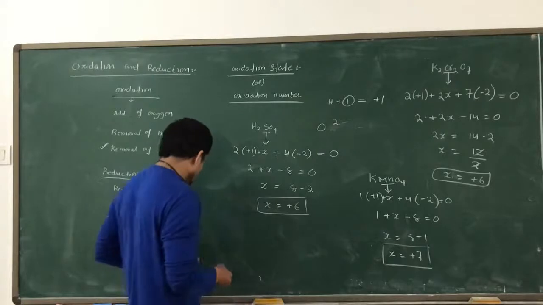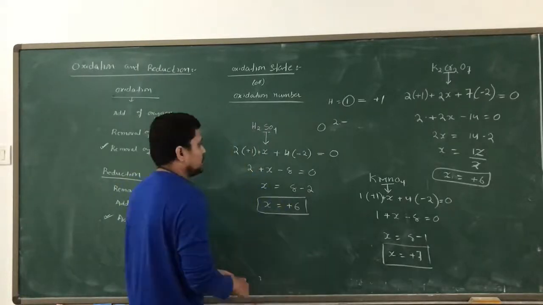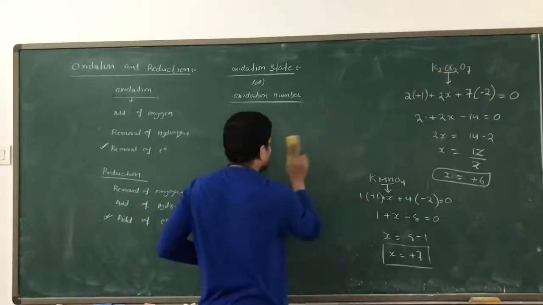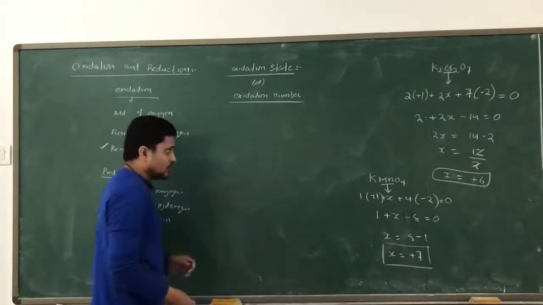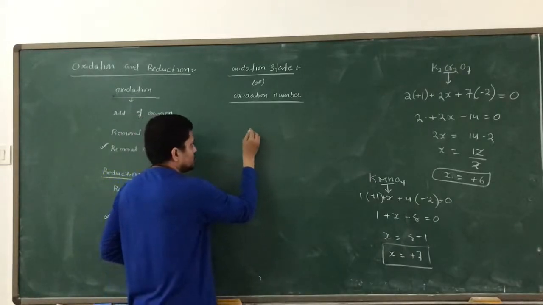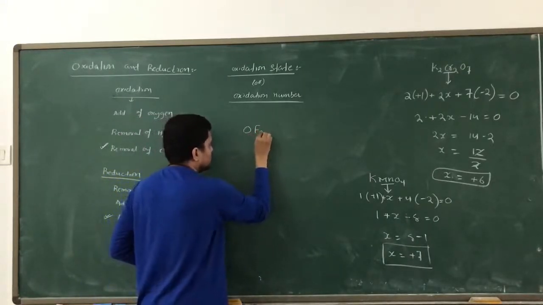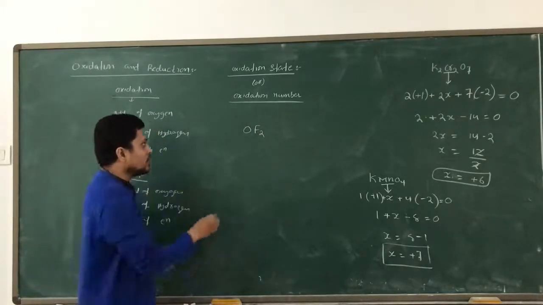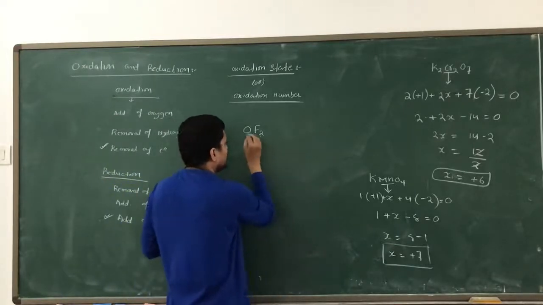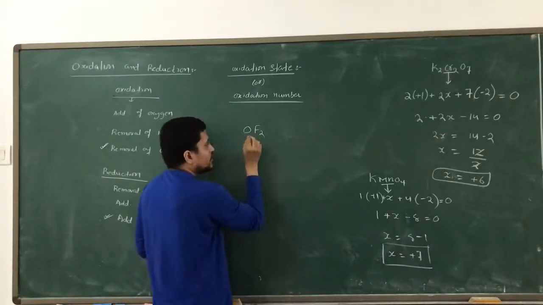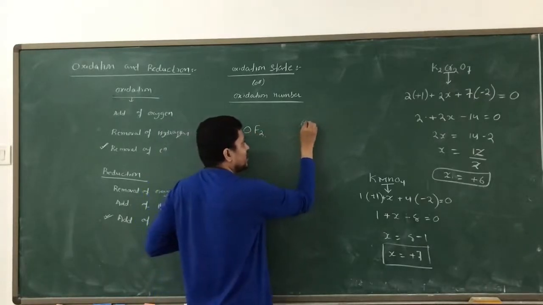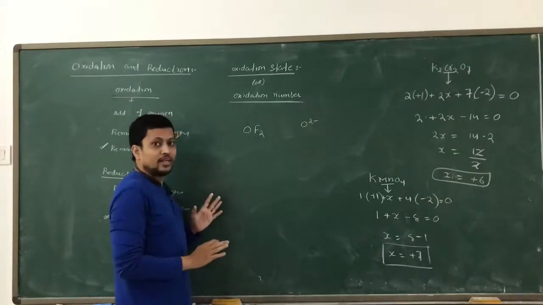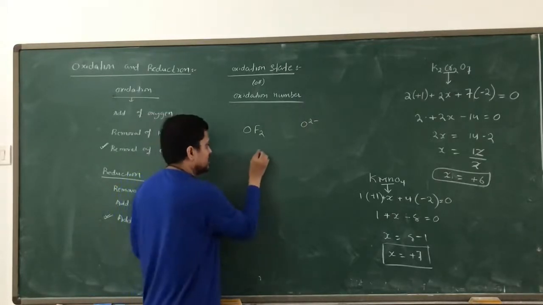But there are some compounds, and you must remember this example also. These are very important examples which cannot give the proper result by using this method. Suppose I go for this example, OF2, oxygen difluoride. In this compound, normally we take oxygen as -2, but if I go for the oxidation state of fluorine over here, I cannot take oxygen as -2. Why am I not taking -2? We can understand why.